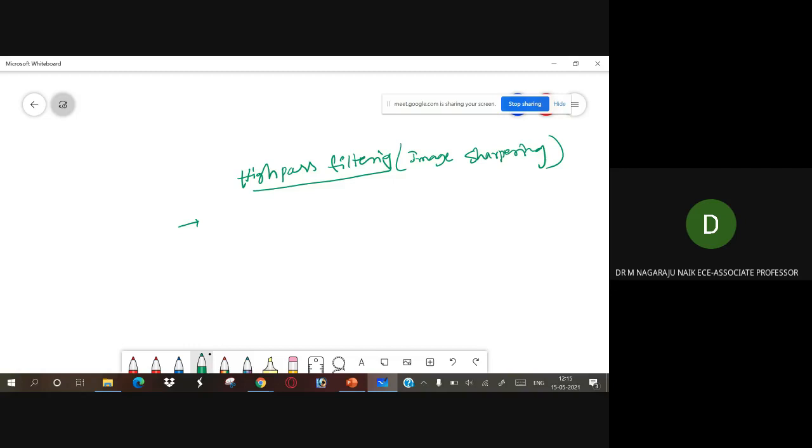Therefore, image sharpening can be achieved in the frequency domain by high pass filters only. If you want sharpness, that is only possible with high pass filters. If you want image smoothing, it is achieved using low pass filters. So by using the low pass filter, image smoothing is obtained, and by using the high pass filter, image sharpening is obtained.